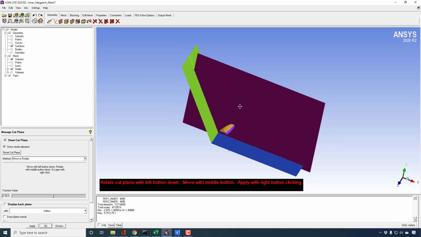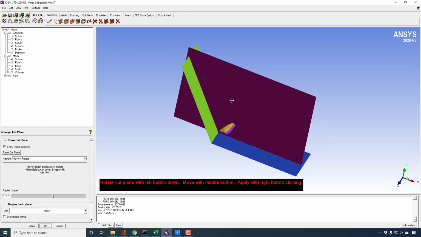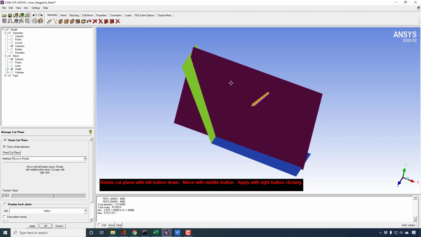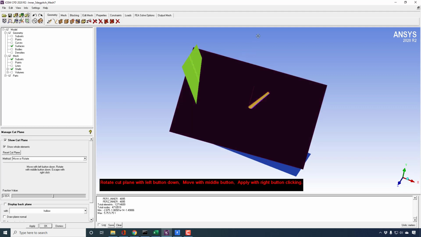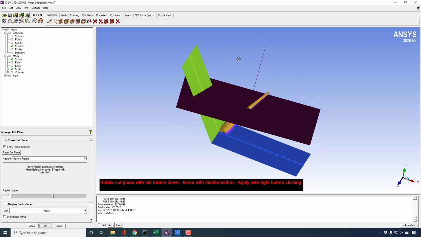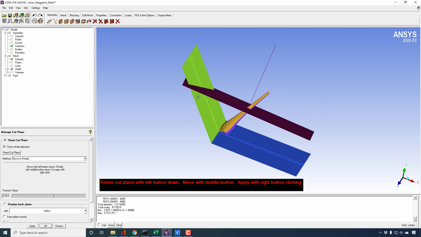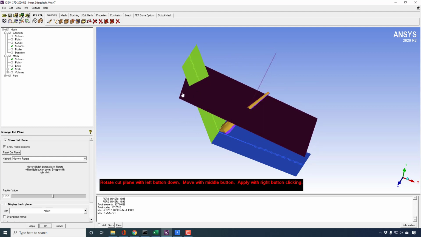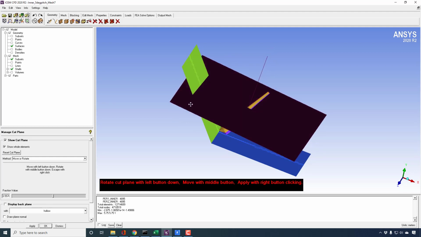Let's say I keep this plane over here, and then with the left mouse button, which you have to press and then move to this side, this will make the rotation of the plane. Let's say I want to align it in this way, so that it makes 90 degrees with this plane, not exactly the perpendicular plane, but in this way.